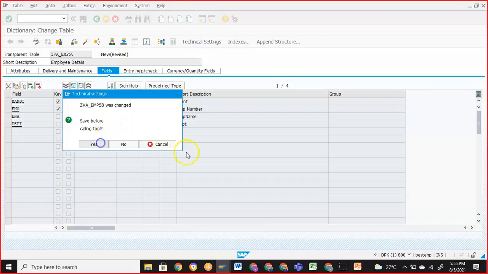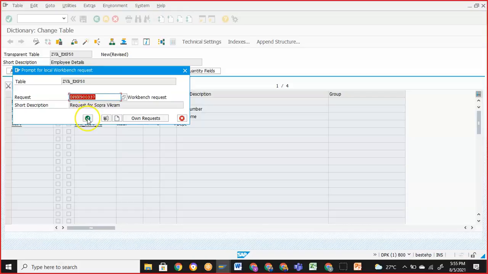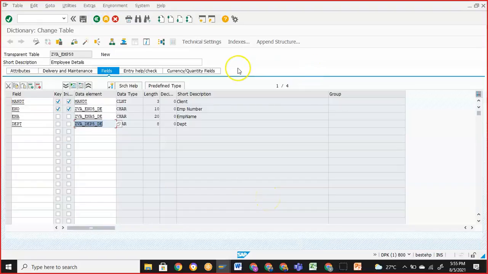In the technical settings, why we are giving all these things also we'll see. Okay, I'm saving this, and I'm going ahead with the delivery class APPL0 and size category also 0. So why are we doing this? This also we have to understand. Each and every step we have to understand, and we're going to discuss that in the next project.